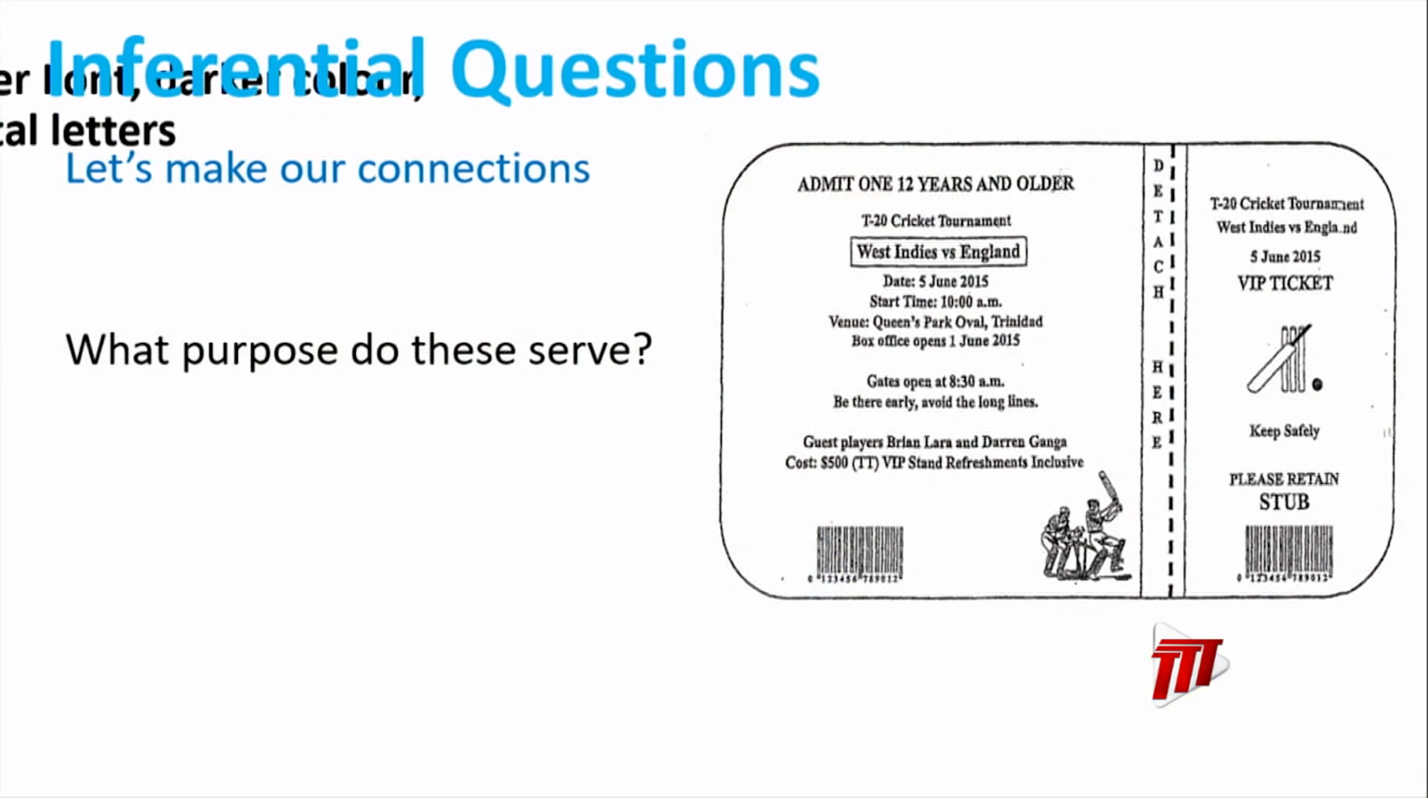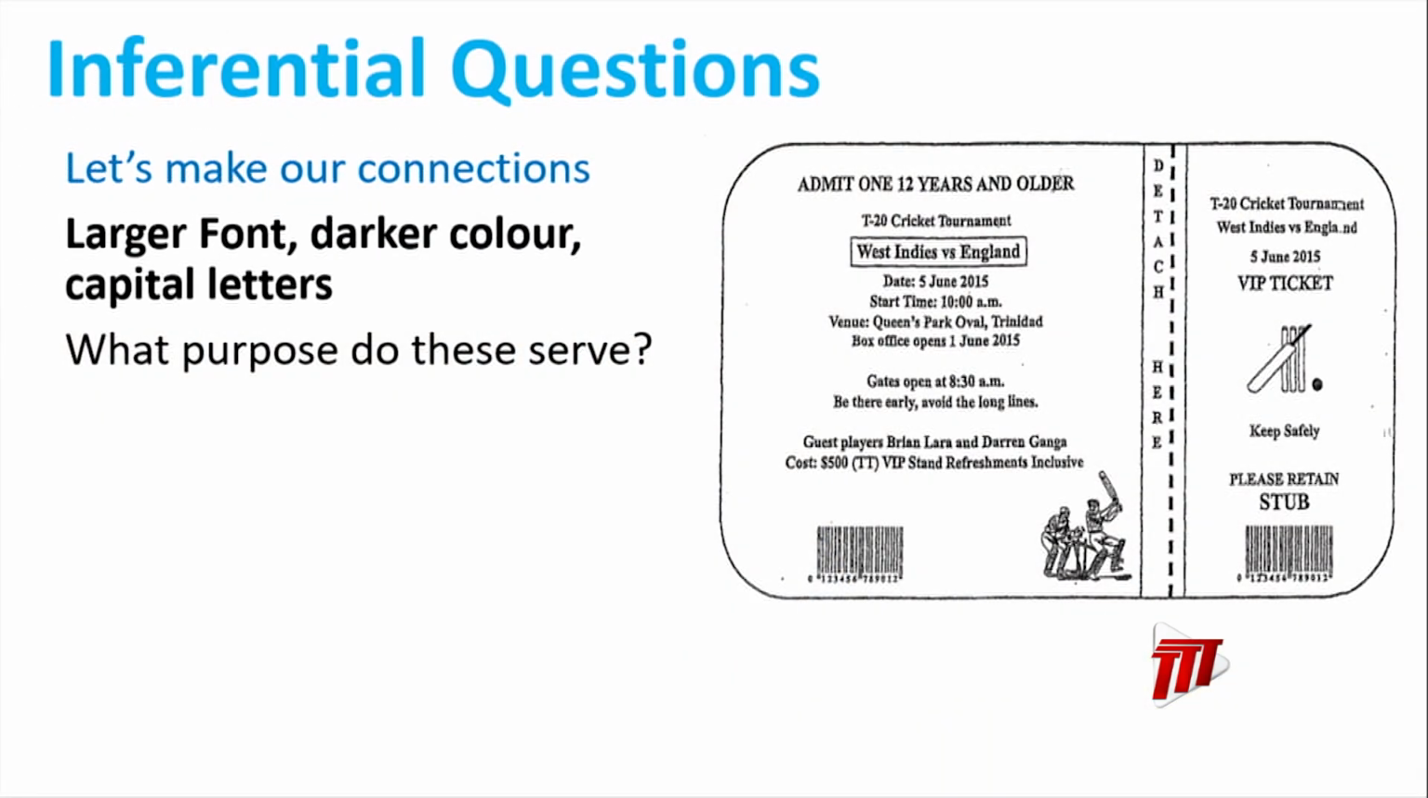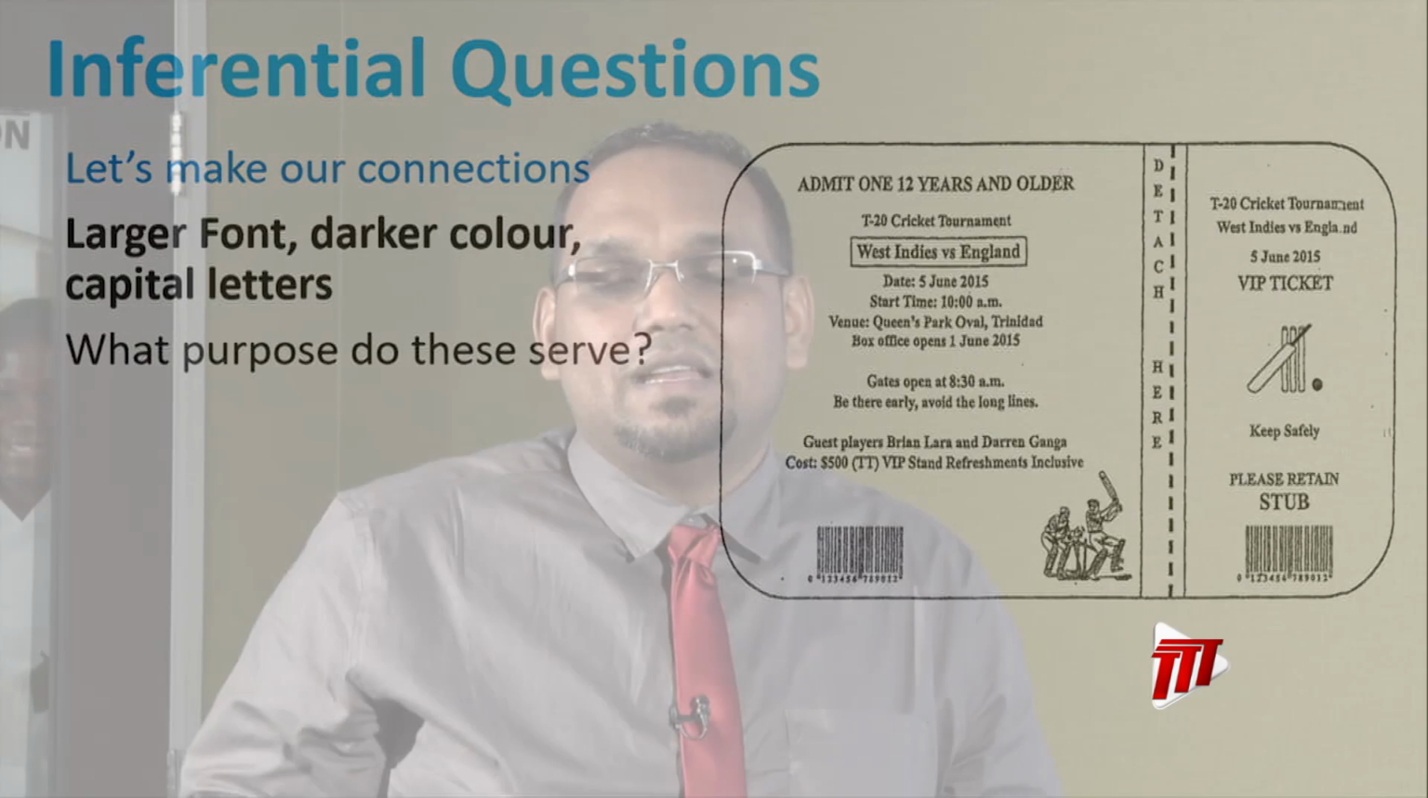So we've made a connection. We've seen that "admit 1, 12 years and older" is written in larger font, darker colors, and capital letters. All done to highlight information to us or to persuade us that this ticket is really for someone who is 12 years or older. It's not for someone who is 10 years, not for someone who is 11 years. Someone who is buying this ticket needs to be at least 12 years or older. So what purpose does this serve? Why is this highlighted in bold, in a darker color, and in a larger font than some of the other writing on the ticket? Well,